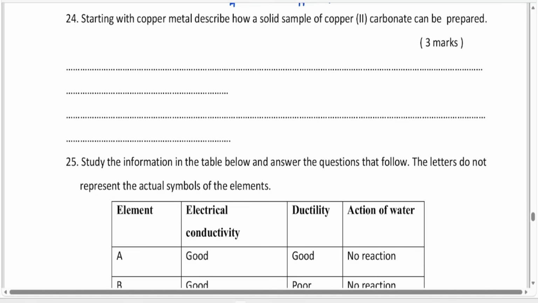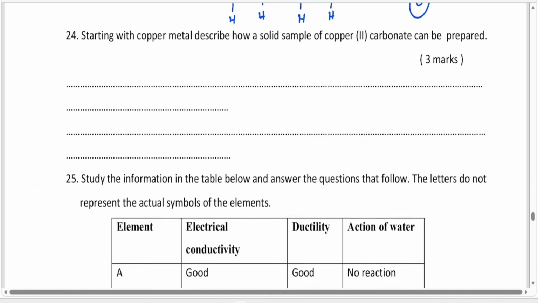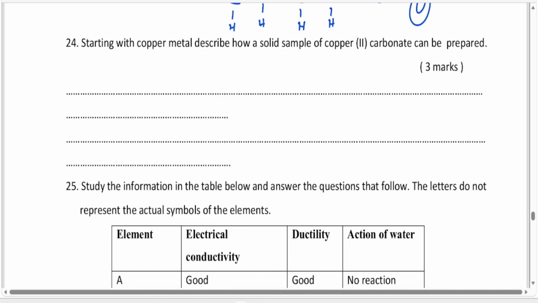So let's use the one for first burning copper to obtain copper(II) oxide. So we say: heat copper metal in excess air,